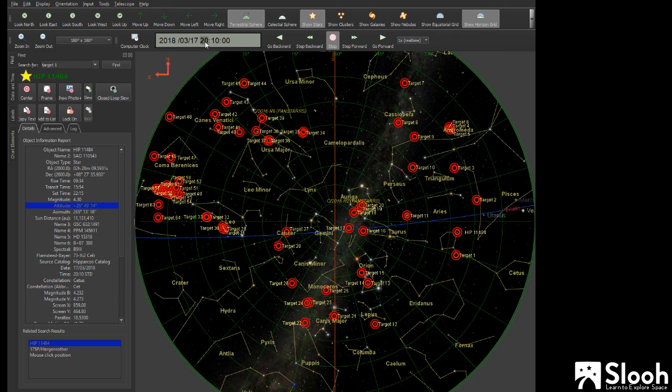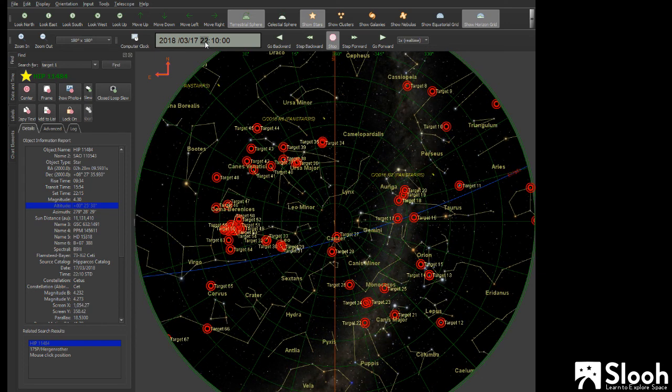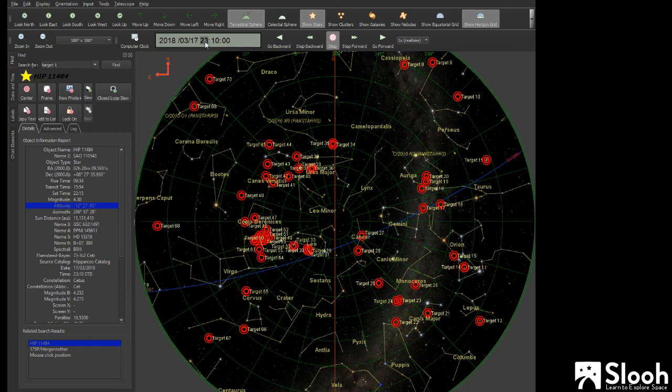So let's hop forward an hour. So bang, we know we've got to capture all of those objects over to the right because they're setting behind the western horizon. But bang, here we've got this other cluster. So we can see here that around about 3 hours after we've started, we've had quite a leisurely pace, because